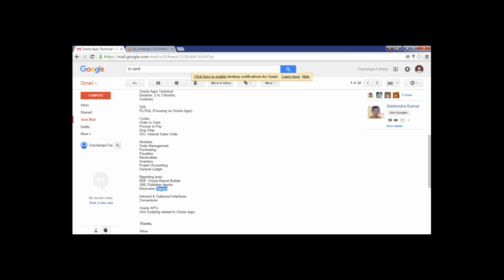Oracle's tool only. So these are the reporting tools which we'll be working on, and here SQL and PL/SQL are the coding part. I can say that SQL and PL/SQL are the heart of the Oracle Apps software. So if you are a technical consultant, then we should be good with SQL and PL/SQL. So that's where we will be starting, with SQL and PL/SQL only. After completion of the SQL and PL/SQL,